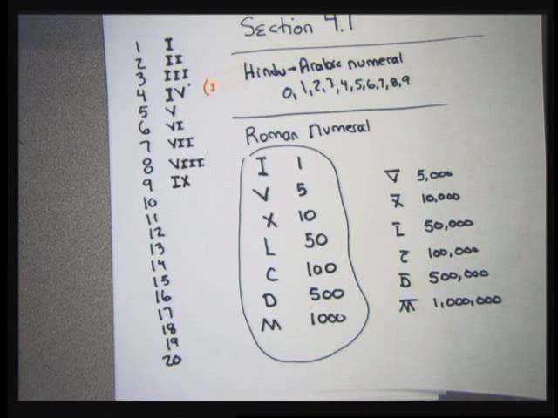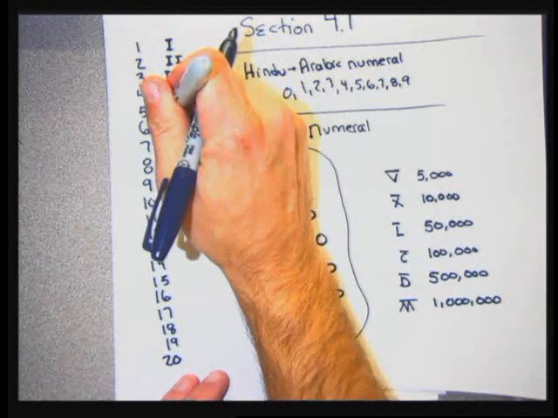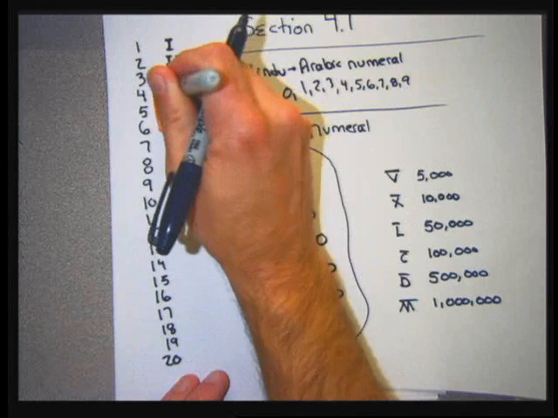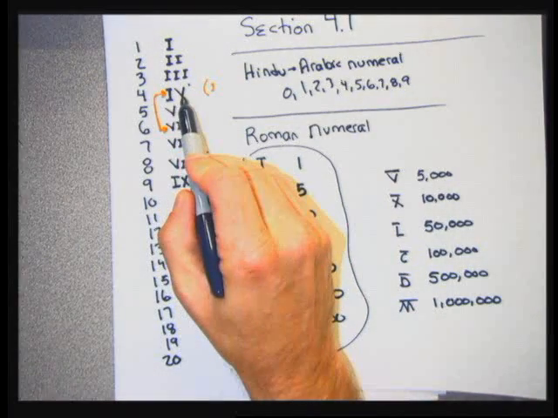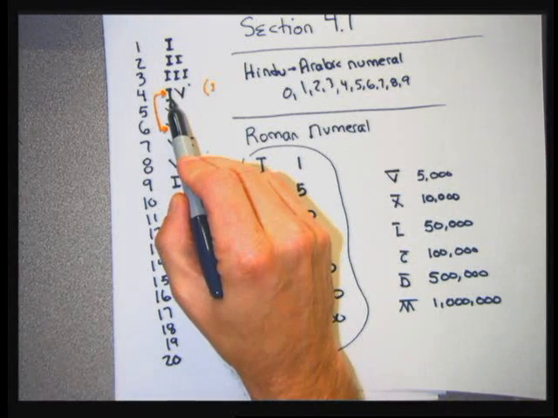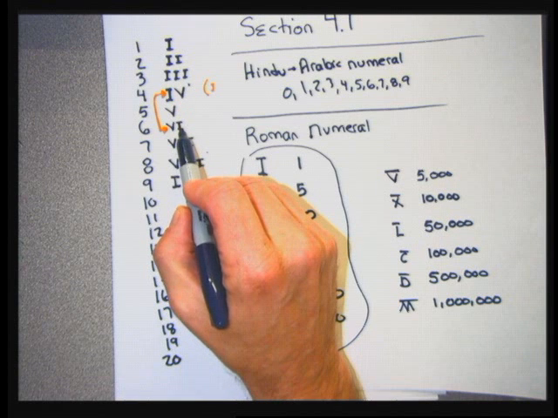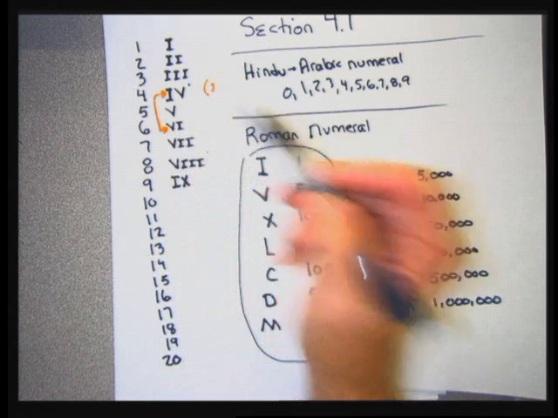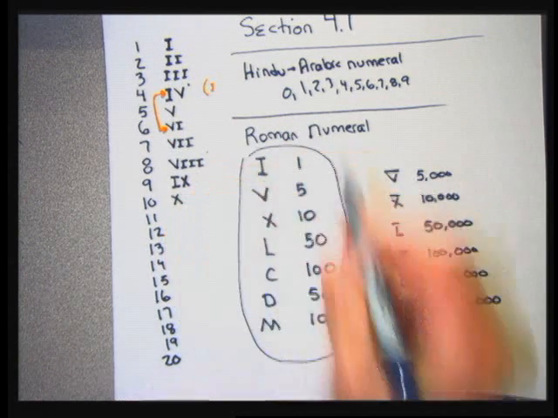So there's a big difference. If you look at the representation for 4 and 6, where the smaller number is written tells you whether you add or subtract. 1 is less than 5, it's written to the left of 5 for 4, so you subtract. For 6, 1 is less than 5, the I is less than the V, but it's written to the right, so you add. So similarly, when I get down to the next numbers, 10 is just the Roman numeral with the X,